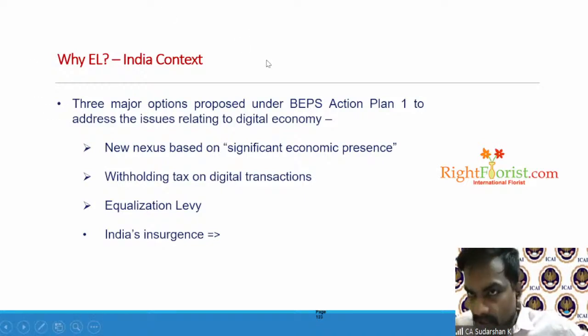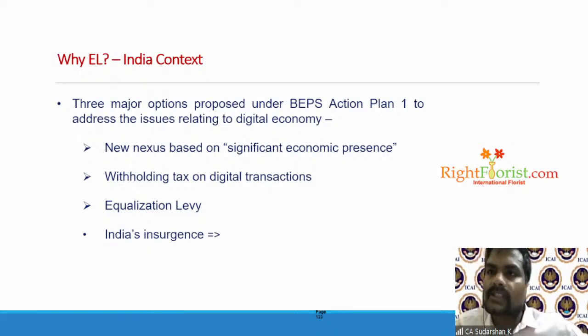And in the Right Florist case, the Kolkata Tribunal, a very good judgment, rightly held through the principles at that point in time that there's no business income for Yahoo India because there's no permanent establishment. A business income can be taxed in India only when there is a permanent establishment. Since there is no permanent establishment, there is no need for any taxes in India. This is very significant because, as you can see,